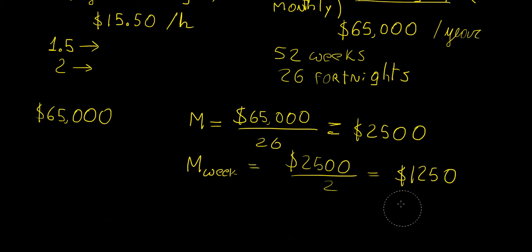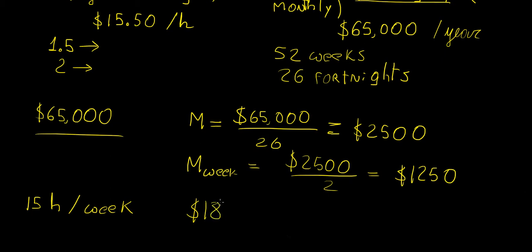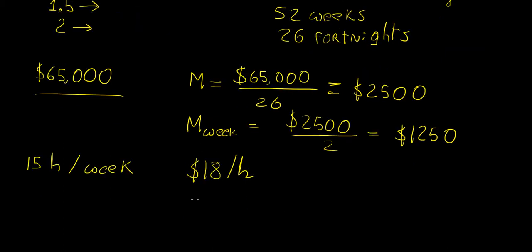And to give you another example, let's say that instead of getting paid a salary, you're just working casual hours. So let's say you're doing something like 15 hours per week. So a work like this could be something in retail. So you're working for a clothing shop or a restaurant, for example. And let's say they pay you something like $18 per hour. So then let's say that you're working that per week and you want to find out, okay, so how much money would that amount to throughout the whole year?